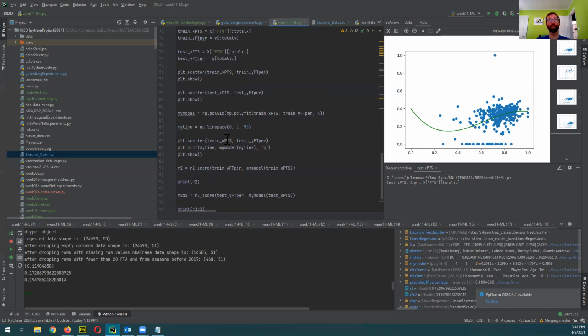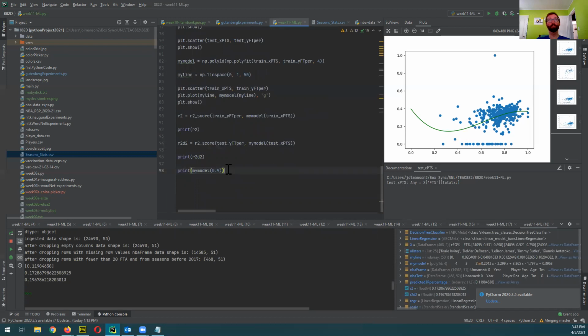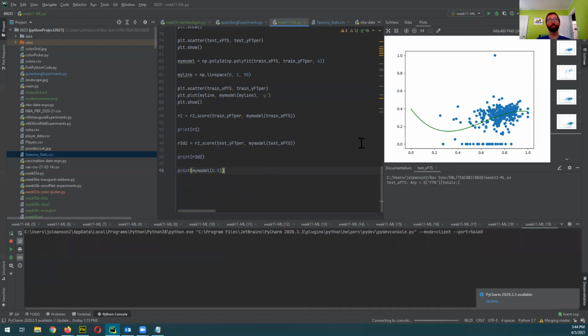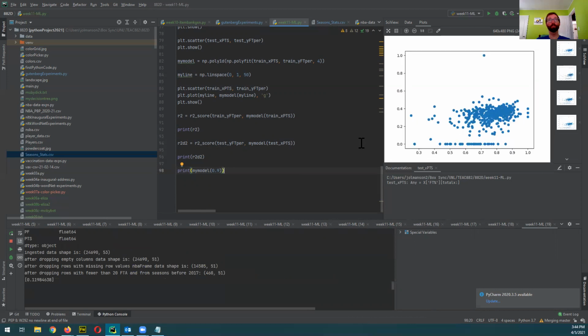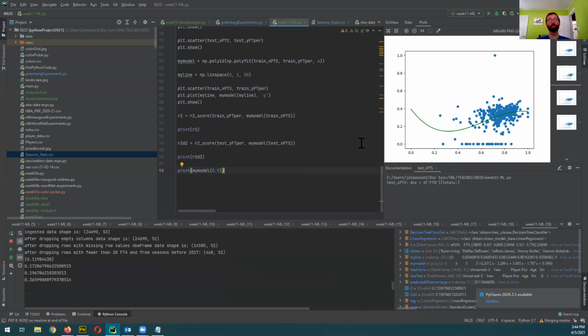So free throw percentage is estimating, like we did before, 3-point percentage. So down here, if we put in 90% free throw percentage, what do we get? What's the estimate for 3-point percentage? Again, a good time to take a break, take a drink. And it's guessing that your 3-point percentage would be